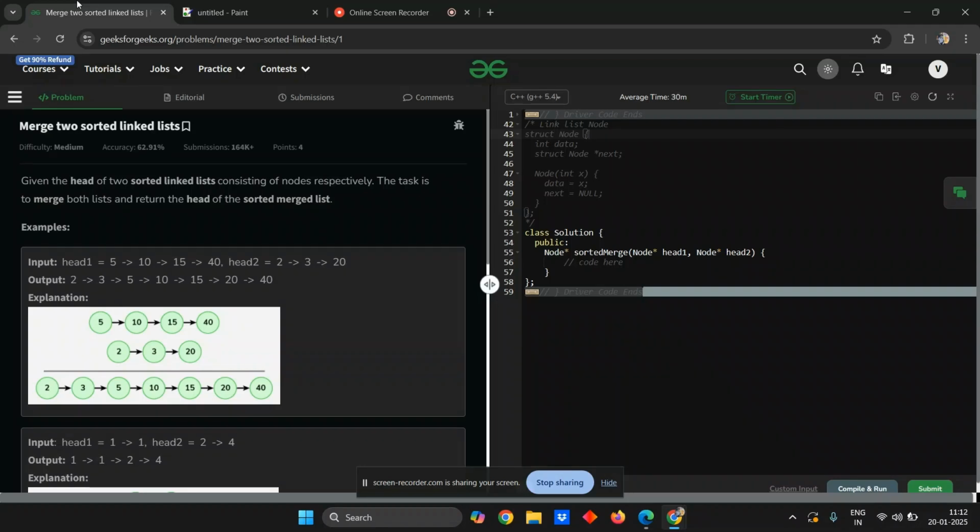Hey guys, so basically in today's GFG POTD, we have a problem, merge two sorted linked lists. It is a medium level problem, and as the problem statement says, given the heads of two sorted linked lists, the task is to merge both lists and return the head of the sorted merged list. So in the given problem, we have two sorted lists and our task is to